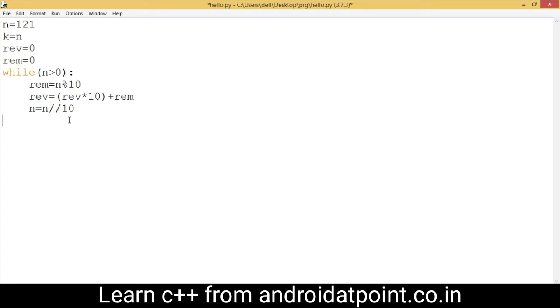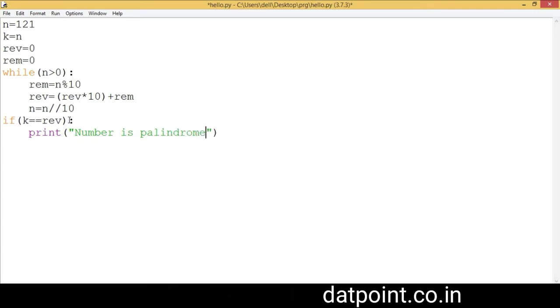Now outside of the loop I am going to compare the value of k equals rev and then colon and print here number is palindrome.